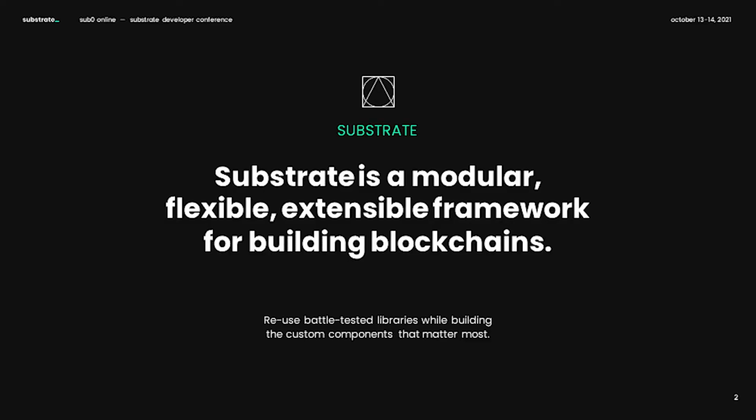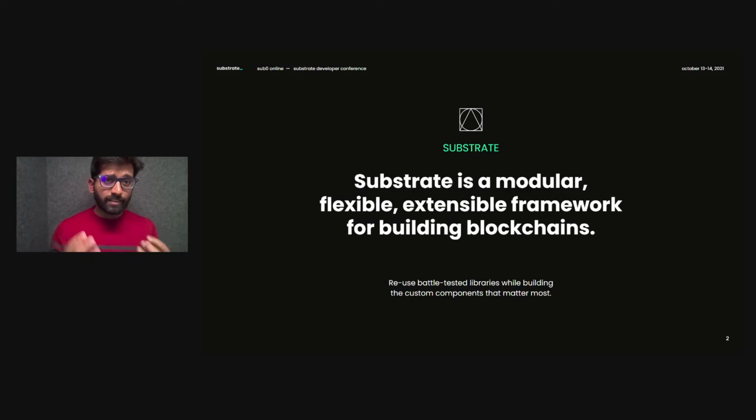All right, so as this is the beginner's track, I'll make absolutely no assumptions on what you know about Substrate. Let's start with the basics. So what is Substrate? It's a modular, flexible, and extensible framework for building blockchains. Substrate is open source, and it is written in the Rust programming language, which supports a clean and easy to maintain modular design. Okay, so Substrate provides a full set of features and functionalities required to create and run